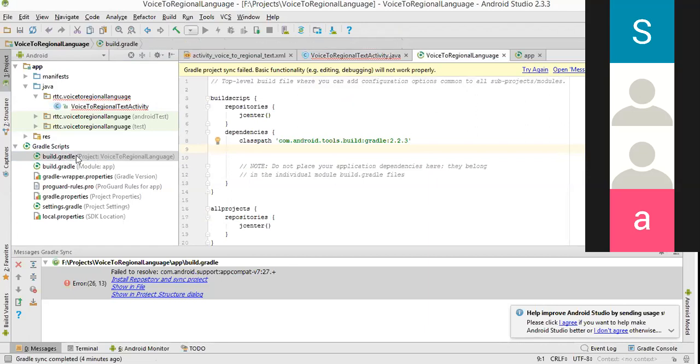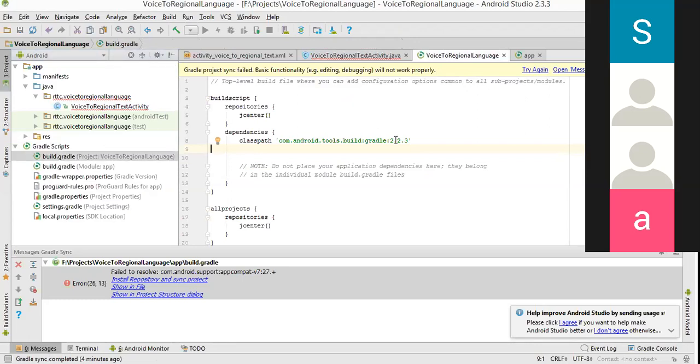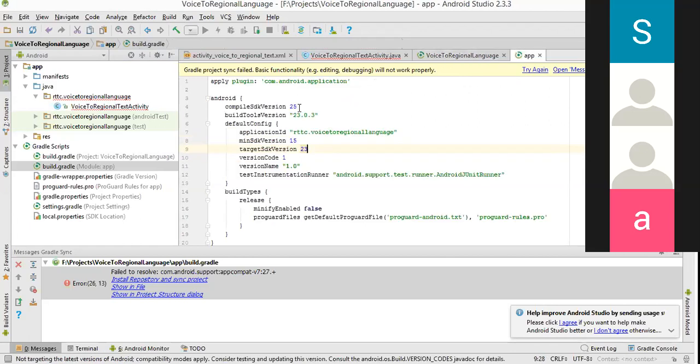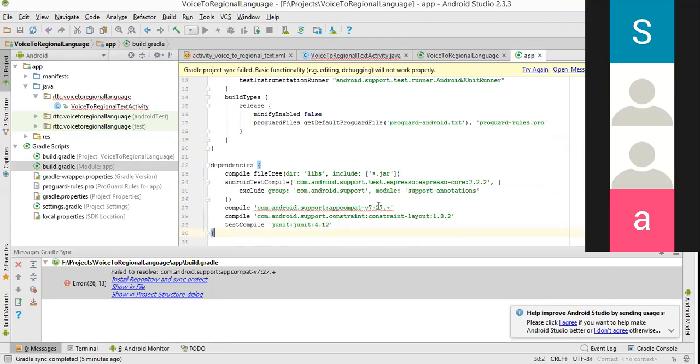Sir, build.gradle, inside Gradle Scripts. Okay. So here, I have used 2.2.3 because that only I downloaded. When I come to build.gradle module app, here I am modifying this 25, 23.0.3 and 23 because they have given errors. And I'll come down here. See, there is one more error, 27.